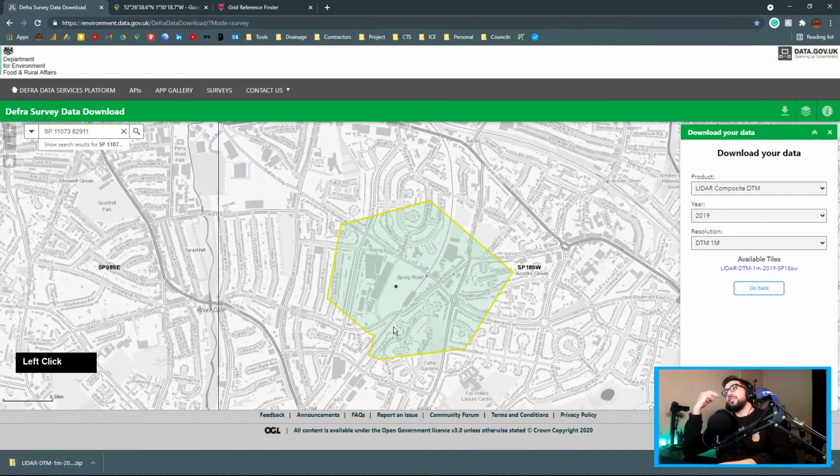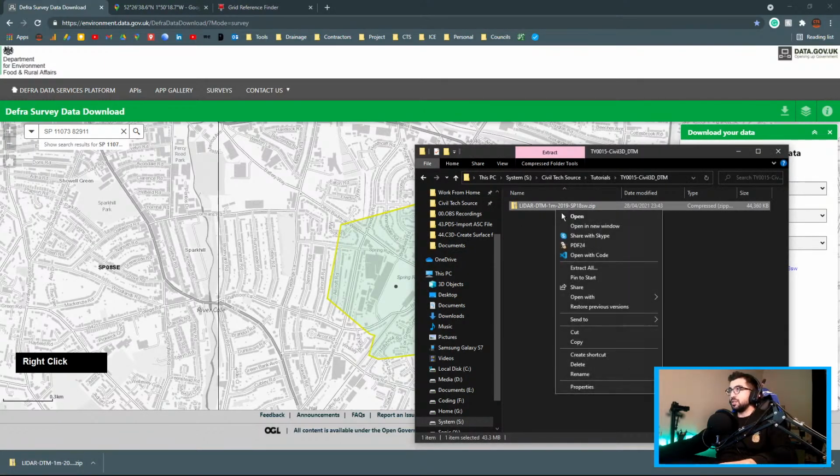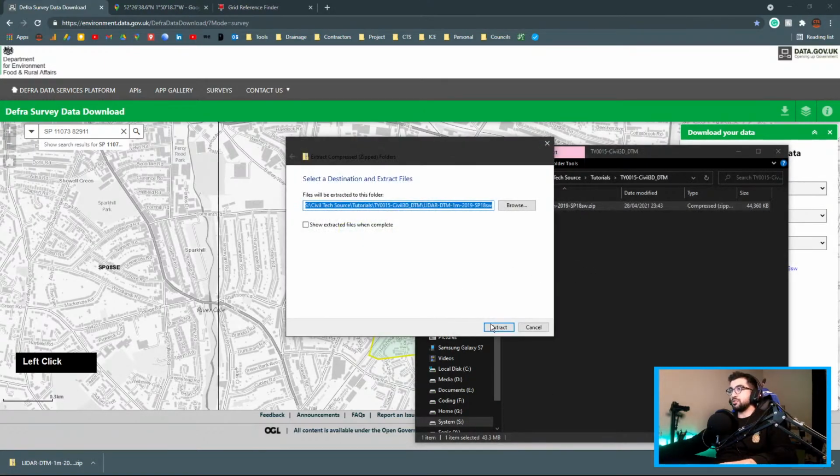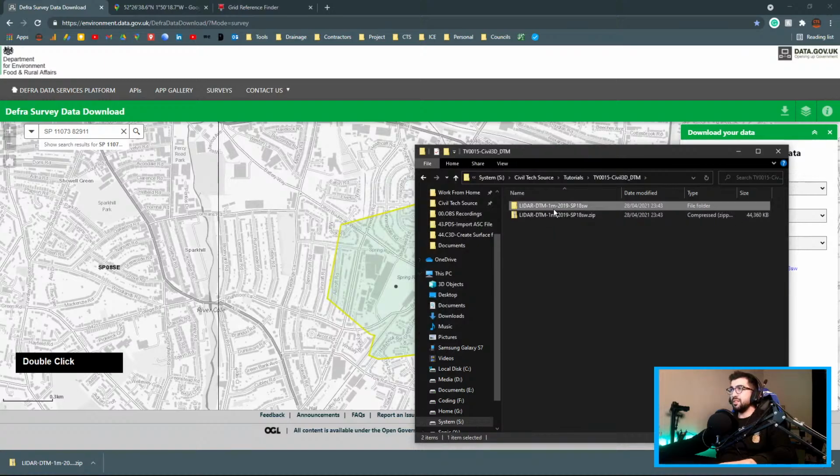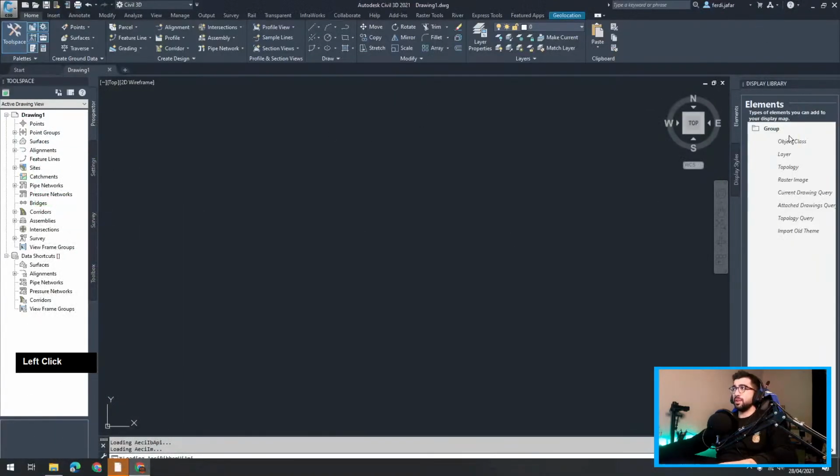So what we're gonna do now is use only Civil 3D. Now I used this with AutoCAD Map 3D, but because Civil 3D should have Map 3D in it, it should work. So I just need to find the right toolbar. So we're gonna extract everything. And in that file, there should be a TIF file, which is what you need,